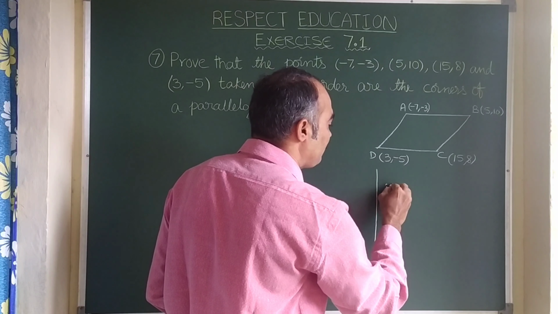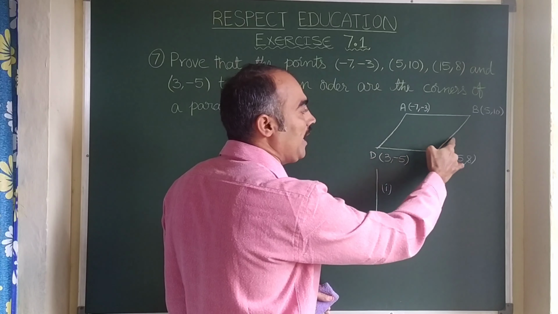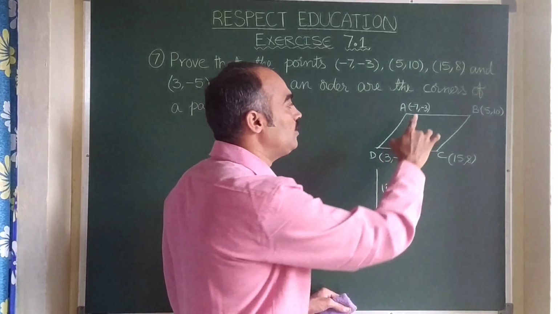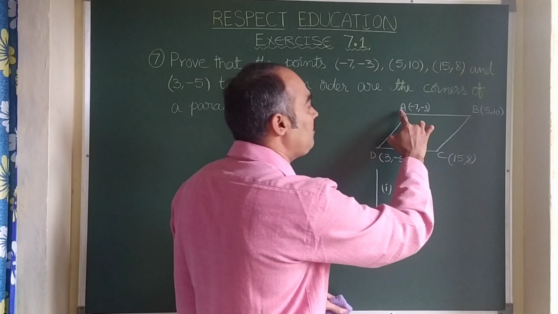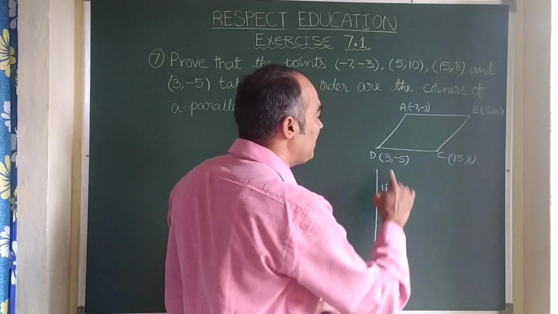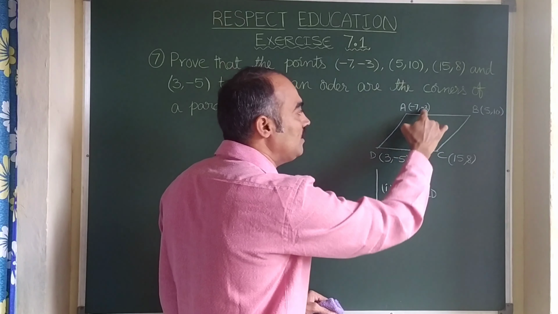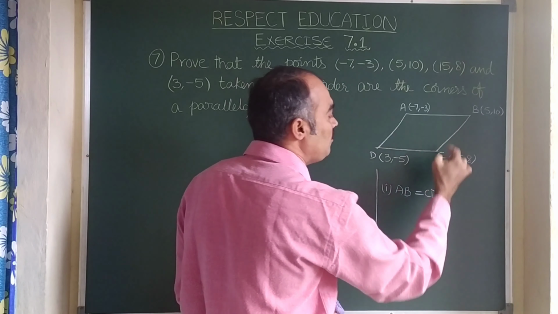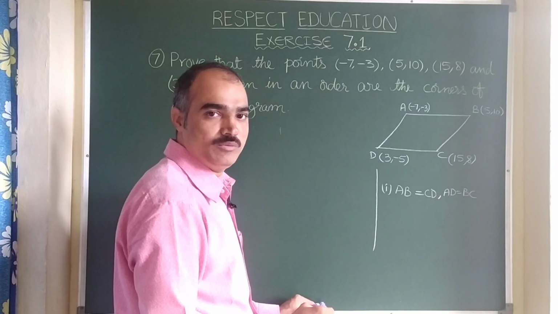Now let us write the checklist of what we are going to check here. First, let us see the properties of a parallelogram. Opposite sides are parallel and equal. In this chapter it is very difficult to prove them parallel. As this concept is based on distances, we find the lengths of the opposite sides. If AB equals CD and AD equals BC, then opposite pairs of sides are equal. This is one of the criteria to be proved.